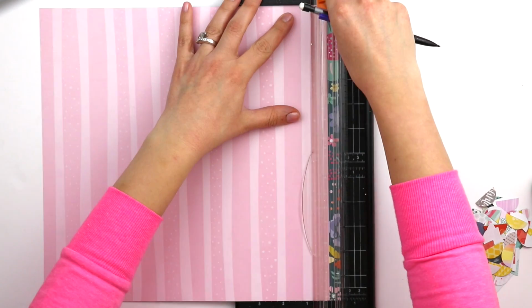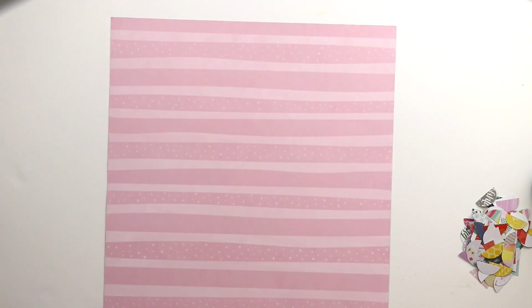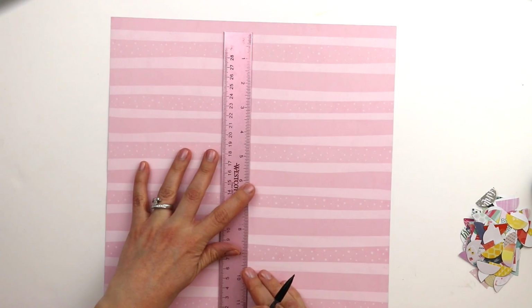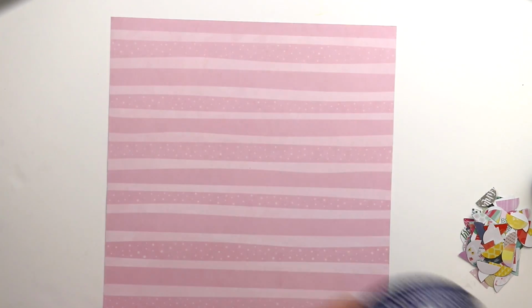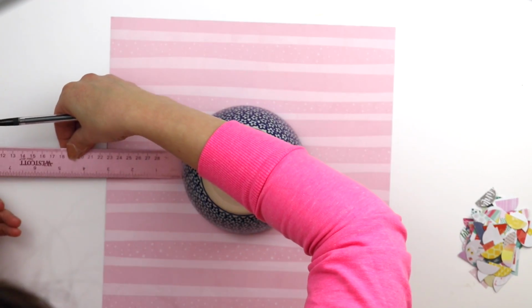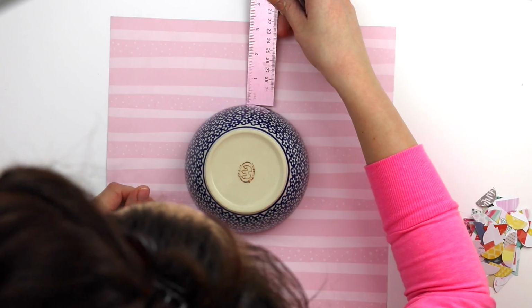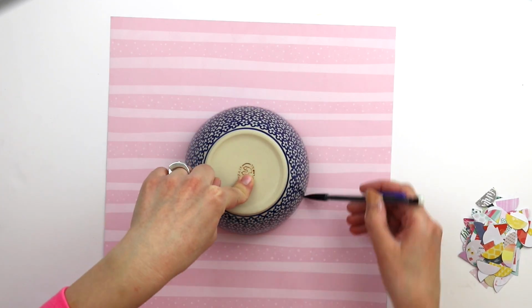So I'm using this pink paper with a striped background, quite a little texture going on, and I am finding the center of the paper with a ruler, 6 inches in and 6 inches down, and then using a bowl and a ruler. You don't really need to find the center, but if you're using a bowl and a ruler, make sure the edge all the way around is the same. So it's about 3¼ inches in this case, but it'll just depend on what size bowl that you use. Lightly tracing it with the pencil,